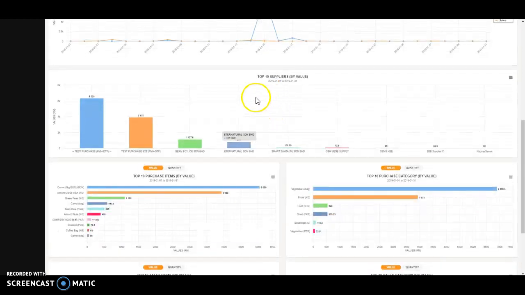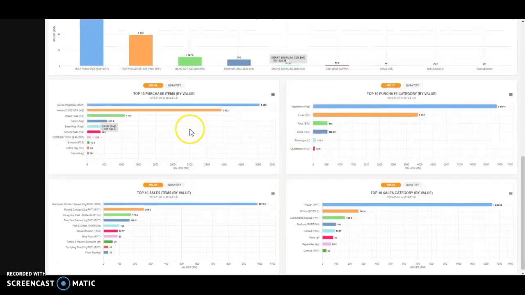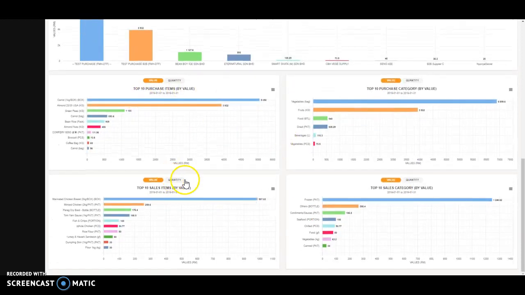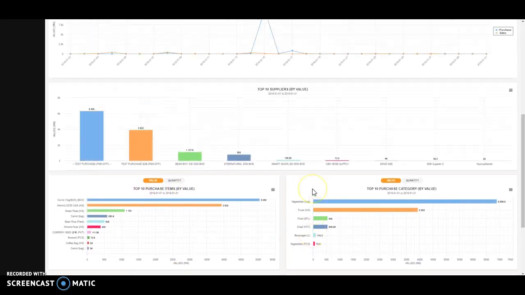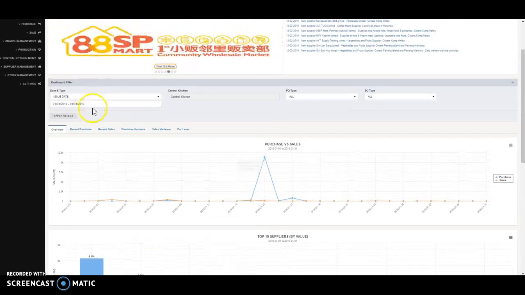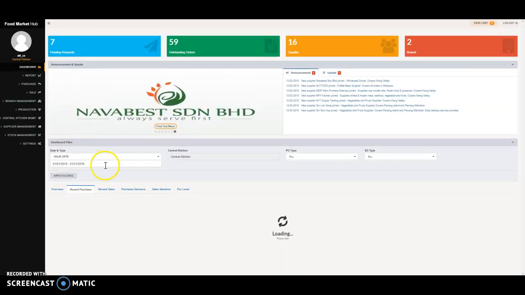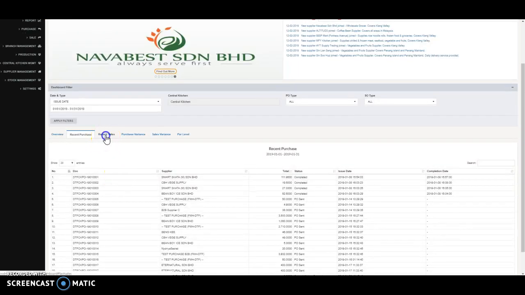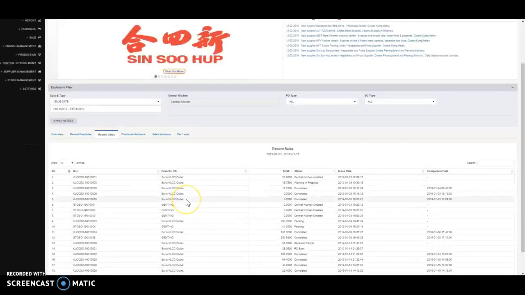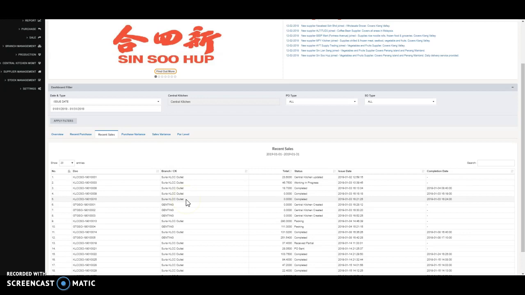And you can see that you will separate out your top 10 suppliers, your purchase items, purchase values, and even your sales. Everything's automated right here. You can filter the data that you want to see right here. So you can even show all the data from a few months ago. Okay, so here contains the region purchase and region sales to give you a quick look at what's happening for your